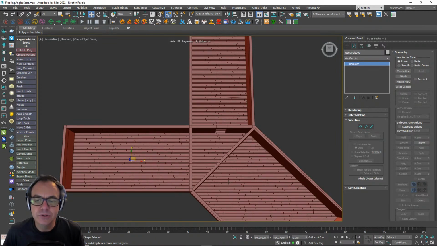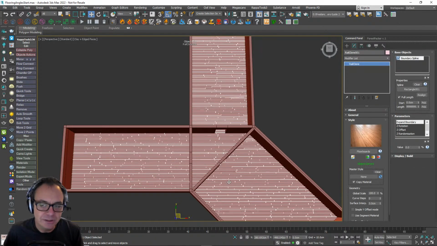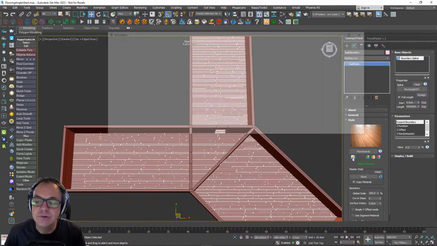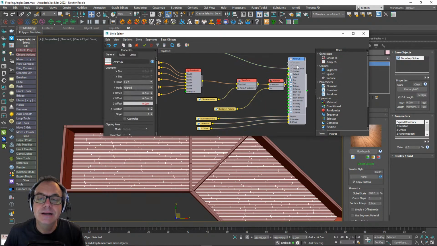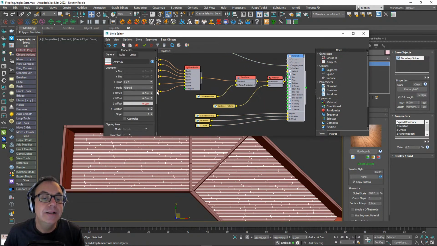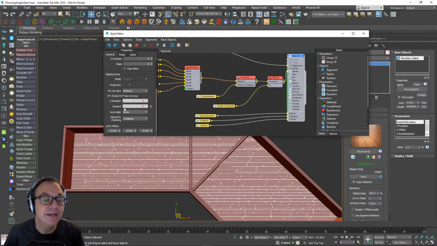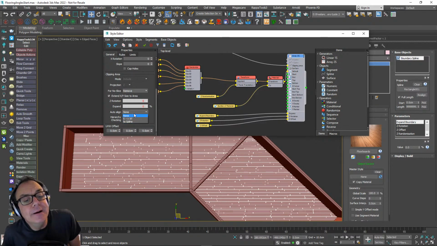So one of them you could do just by purely changing where the spline itself starts, the first vertex, and I'll show you how to set that up. So I'd open the style editor here, click on the 2D array, and in the clipping section down here you've got this auto align option, and basically this determines how we choose which direction the x-axis of this array runs on. At the moment it's none,